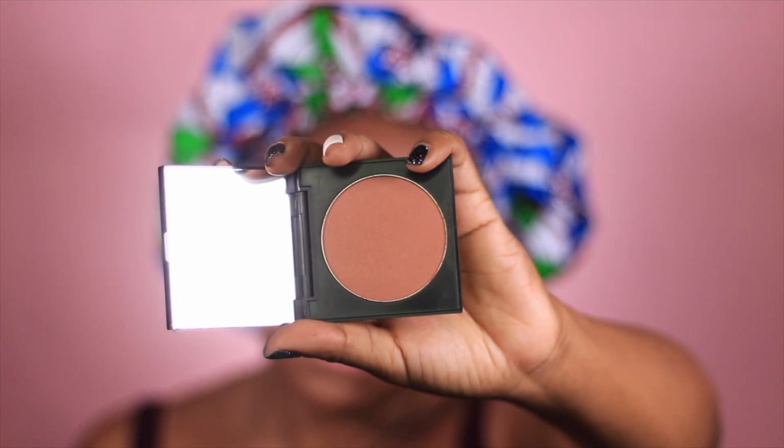All right, so I am going in with her blush. This is in the color Construct, and this actually works as a beautiful bronzer. I love this color. I've been reaching for it lately, and I've been wearing it in a lot of my looks. So I'm setting my face with the Urban Decay All Nighter, and then I'm going in with the lip